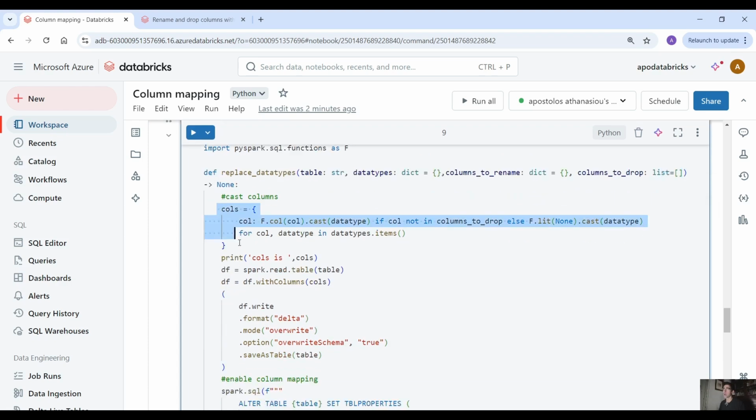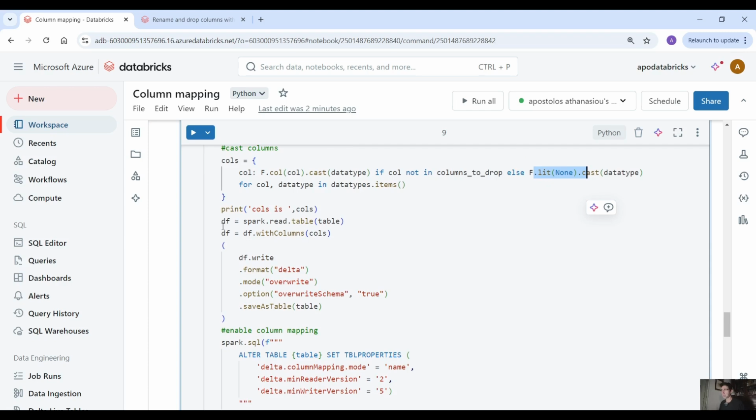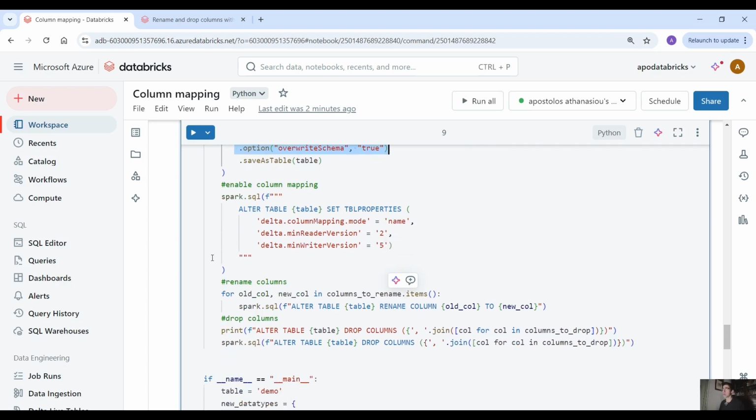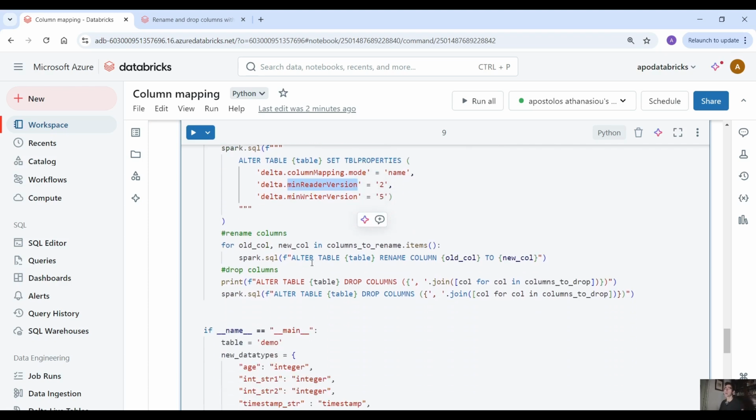So the first thing we want to do is cast some columns into different data types. Again, with the same logic, for column, comma, data type in this dictionary that we pass with the data types. If it's not in the columns that we want to drop, then we cast it to the data type that we want, else we use none, right? And then here we use df.write, format delta, mode overwrite, and with this option overwriteSchema equals true. Exactly the same thing that we saw before, and here then we enable column mapping because we're going to rename some columns, and here